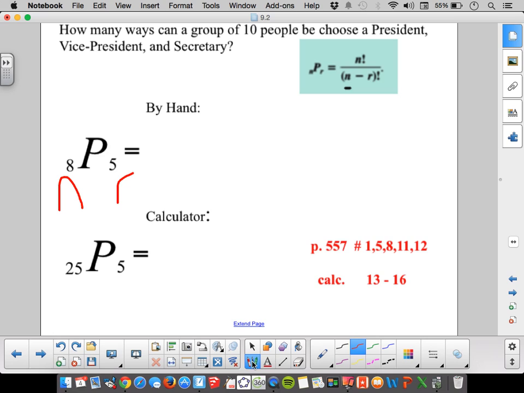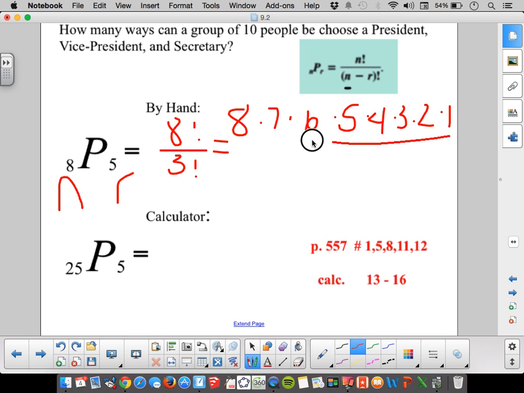Now, n factorial is going to be 8 factorial. So that means I'm going to have 8 factorial over, now notice the n minus r is in parentheses, so 8 minus 5 gives me 3 factorial. Now let's look at what this means. This means I have 8 times 7 times 6 times 5 times 4 times 3 times 2 times 1 divided by 3 times 2 times 1. Notice what's going to happen. Because I'm multiplying, I'm going to be able to reduce out my 3, 2, and 1 from both the numerator and denominator. So I only have 8, 7, 6, 5, and 4 left,